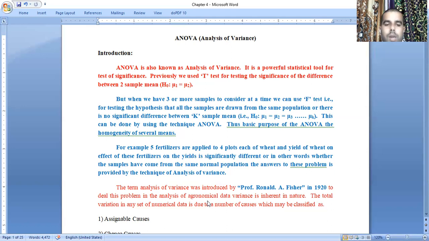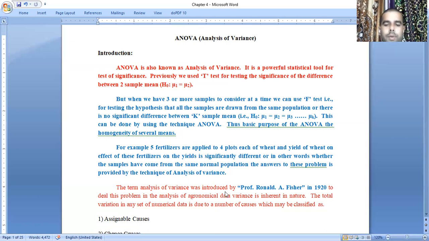He introduced this ANOVA technique in the year 1920. F is nothing but Fisher's. The problem will be given and they will ask you to apply one-way classification of Professor Ronald A. Fisher. Then we have to assume that this problem belongs to the ANOVA chapter, then apply all the formulas and the step-by-step procedure.